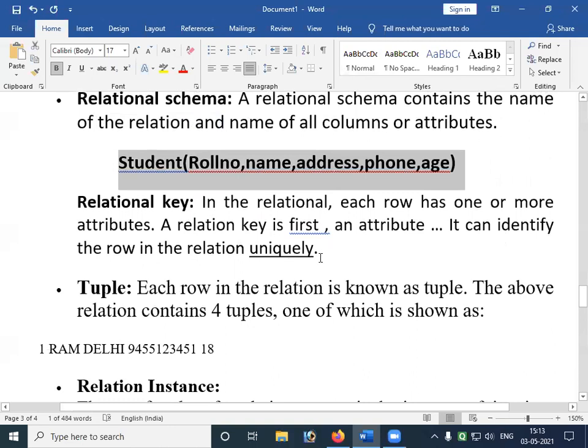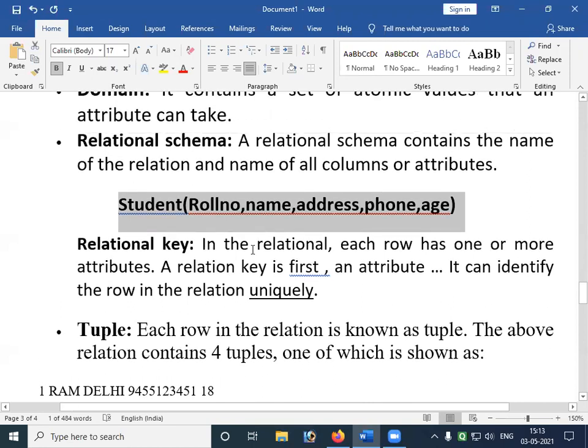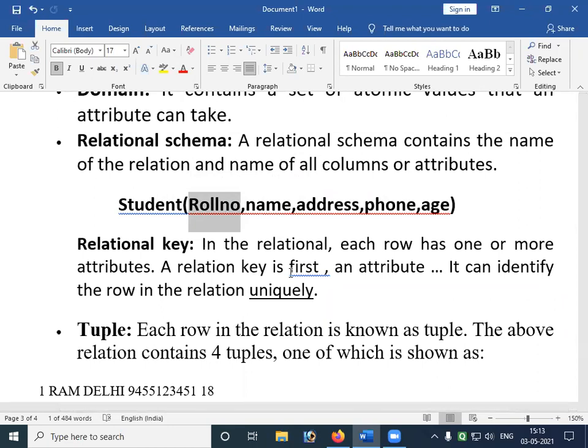Relational key. See, one of the attributes is called the relational key. The property of that is it uniquely identifies, my dear friends, a row. Each row, that is called the relational key.